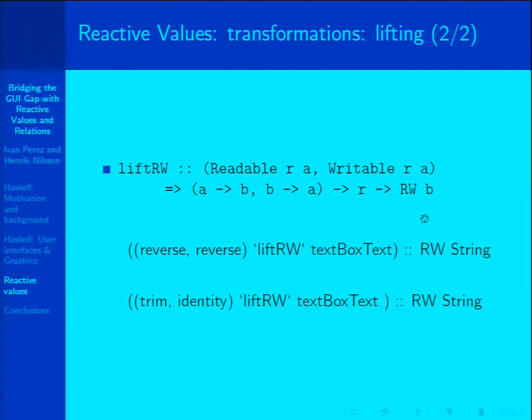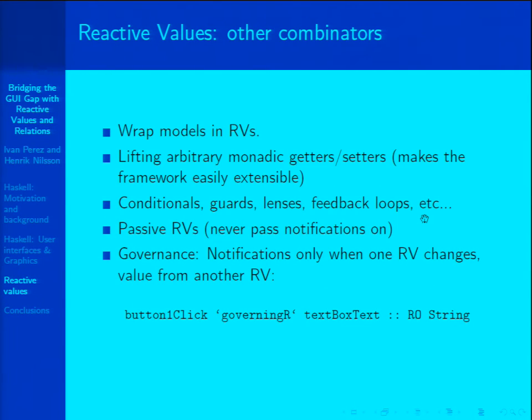This is just a very brief view of the API. There's a lot more on the website. You can take a pure Haskell value and create a reactive value around it. And you can do that in two ways. In the obvious way, so that whenever you change any part of that value, anything that depends on it will get a notification. Or in a more sophisticated way, and what you do is you extend your pure value with